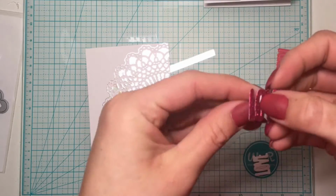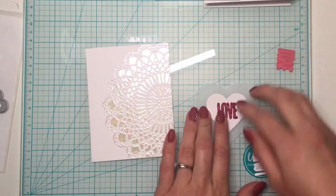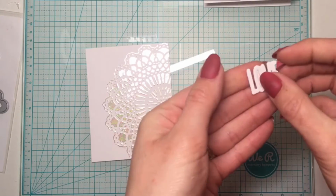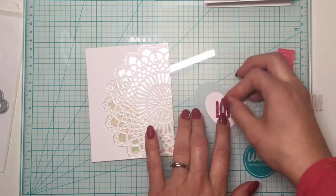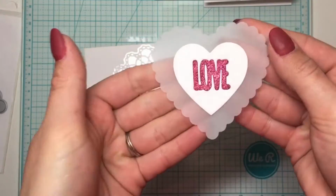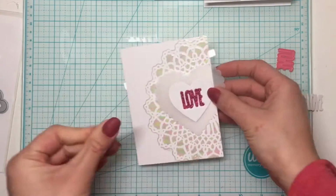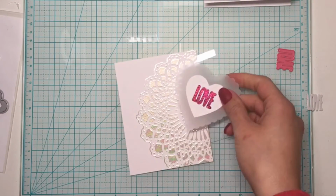I will then place that pink glitter love in place of the other one, and then use the center from the white love die cut in place in the center of the pink glitter one, and you can see that inlay right there. So here I'm just trying to decide where I want it placed on the card,